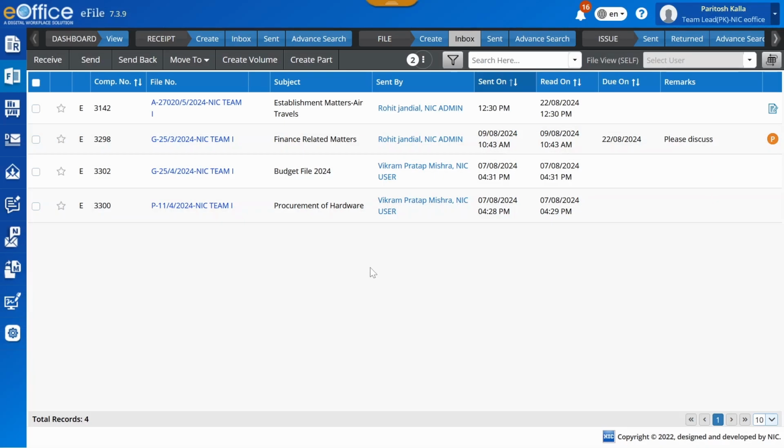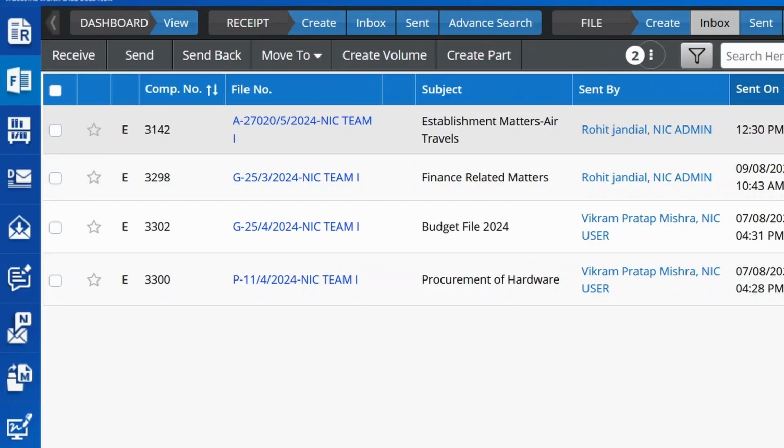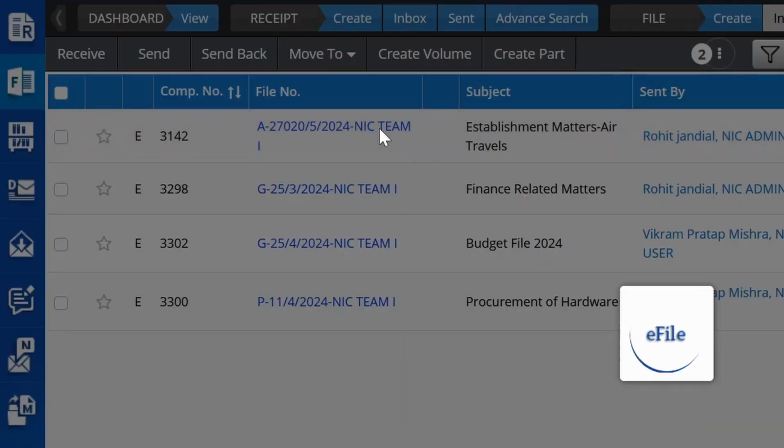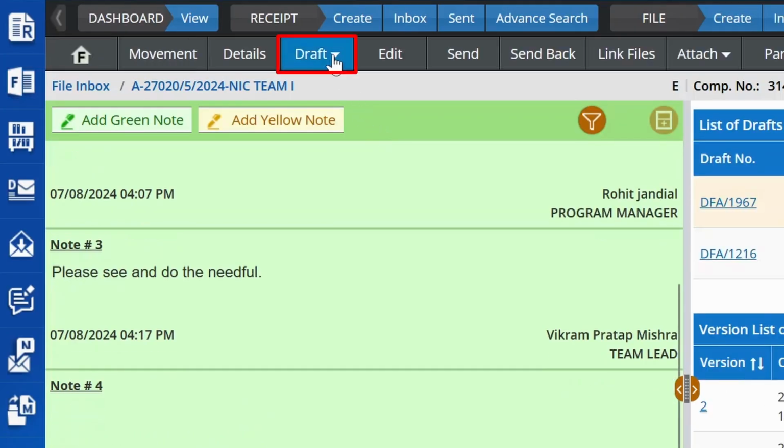In this section we will see how to edit drafts. The file received by this user has a draft, which is also hinted from this legend from the file's inbox, against the listed file record. To edit the drafts prepared in the file, open the file, and from the drafts option in the menu bar,